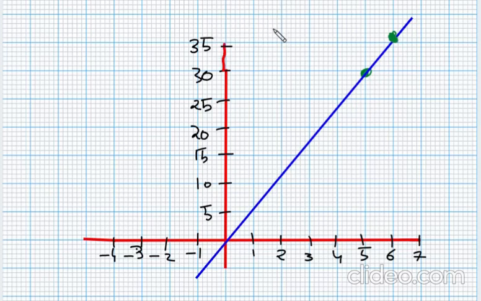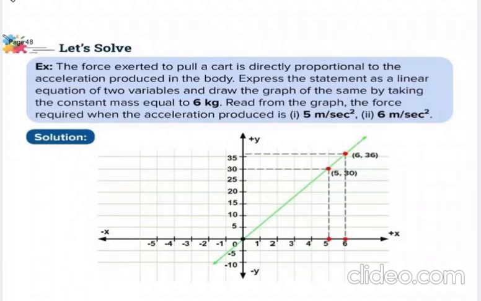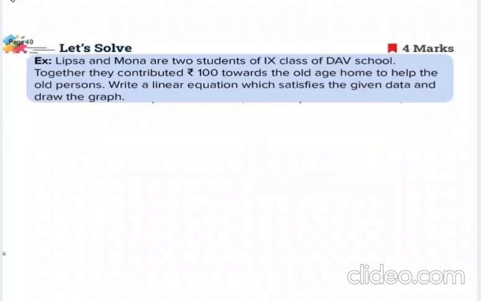The values were 5 comma 30, correct, and here it was 6 comma 36, isn't it? These are my values. So here you see, this is your solution and this is your graph also. Next question is,